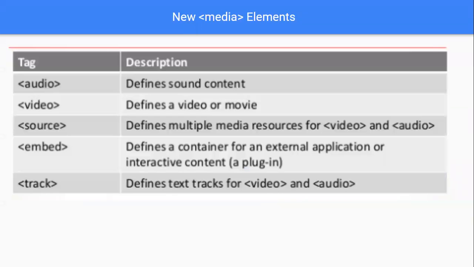It's very impressive, and it relies, as you saw, on audio, video, source tags, embed tag, tracks. But we were really focusing on audio and video, and loading a video up in the browser blows me away, because I know the pain of yesteryear.